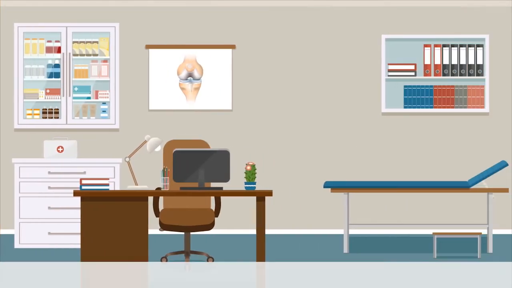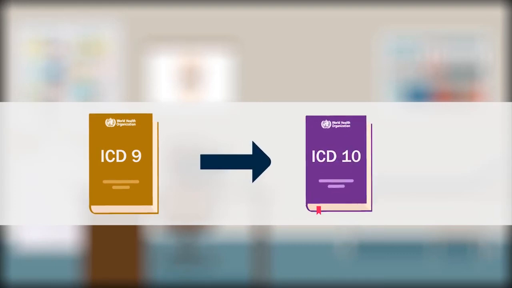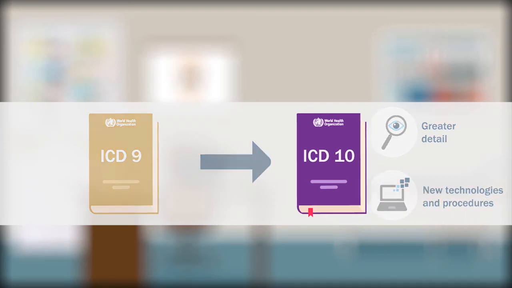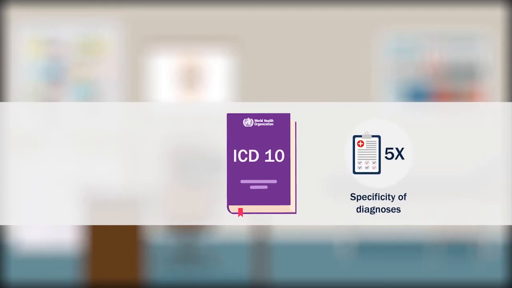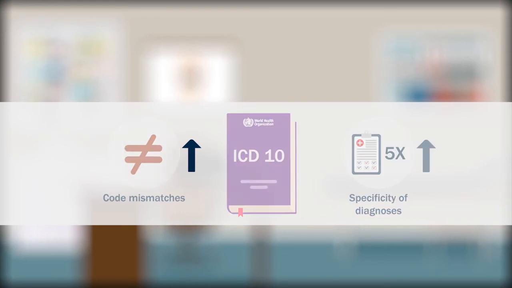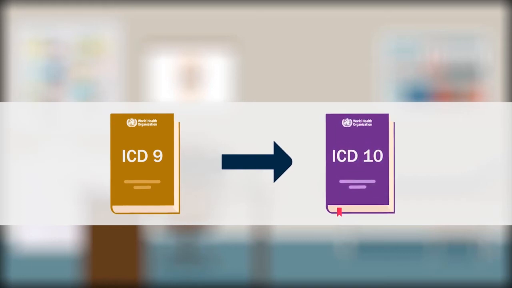The previously used 9th edition of ICD, called ICD-9, was revised to ICD-10 to incorporate greater detail and new technologies and procedures. Though this has improved the specificity of diagnoses fivefold, it has also increased code mismatches in diagnostic algorithms. Whether the transition from ICD-9 to ICD-10 affects the calculation of the prevalence of comorbidities and other risk assessment indices